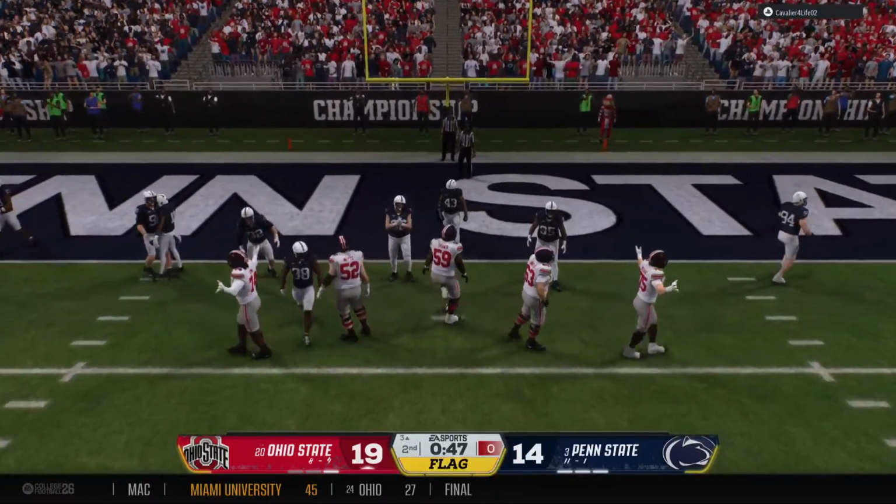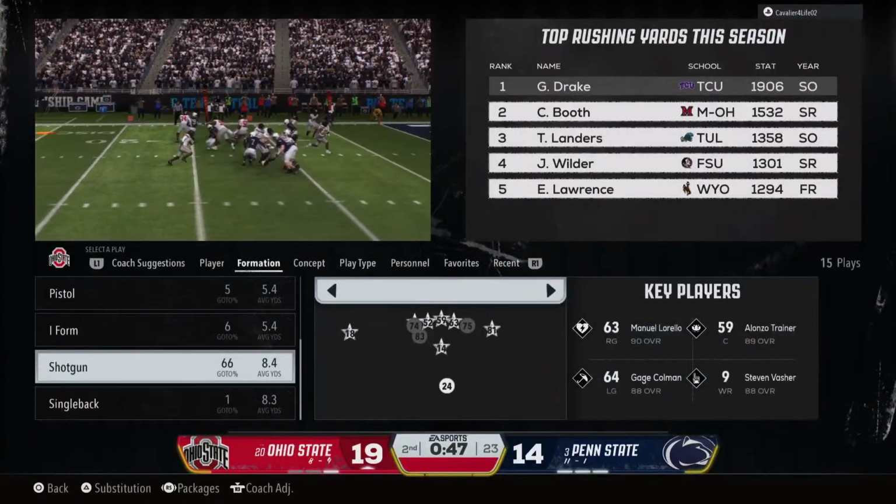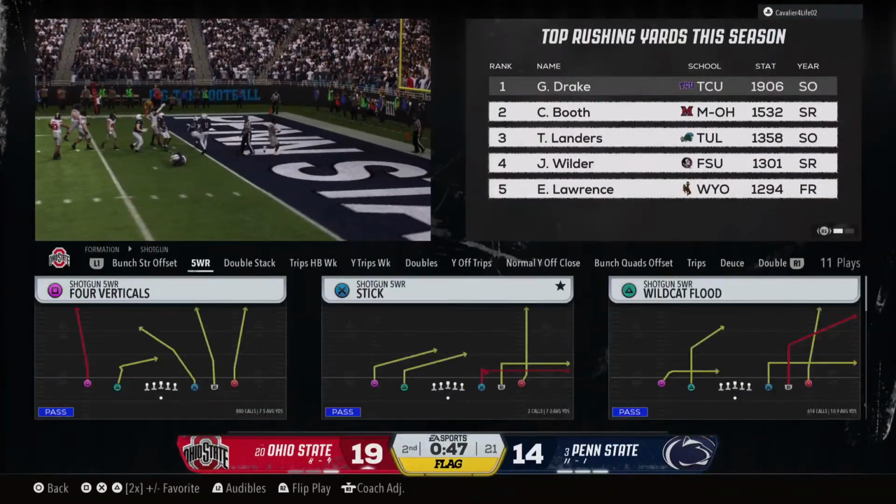Didn't quite get the play off in time. It'll be delay of game. Pretty easy call for the head coach. He will accept that penalty, of course.